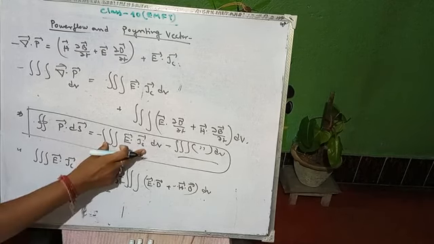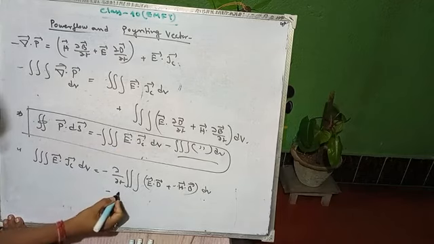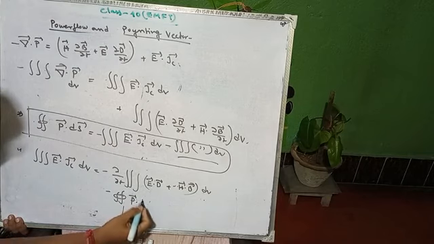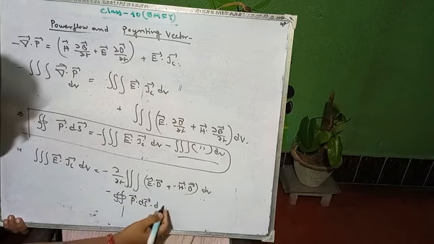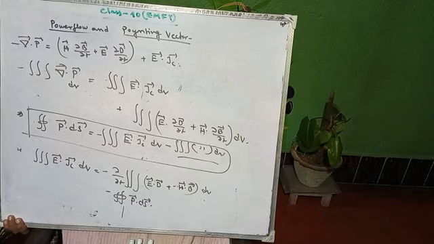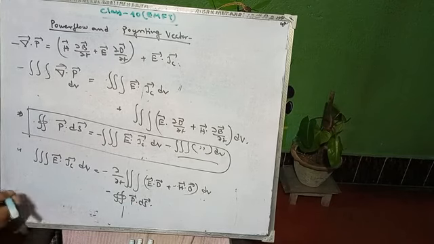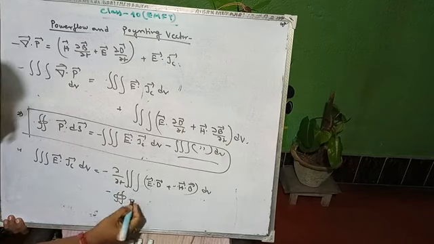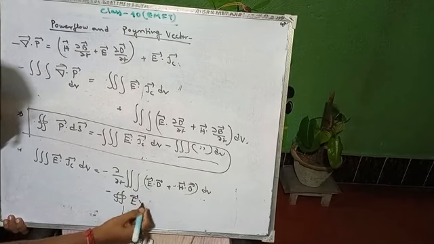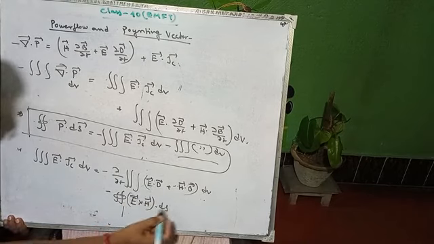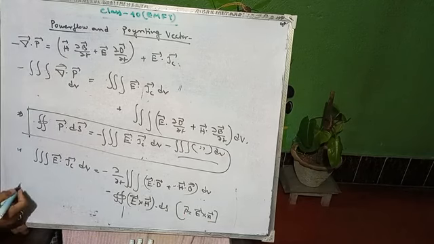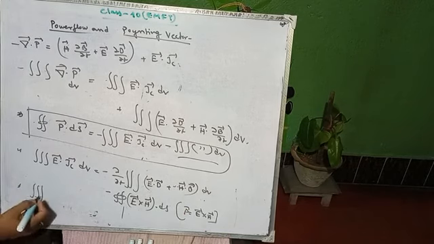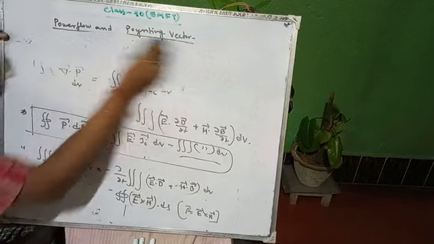Okay, and the remaining term will be negative sign of, so it will be positive, right? So it will come up to here and it will be negative. So the negative term will be here, double integration of P dot ds. Okay, actually it is ds, P dot ds. What is your P? P can be replaced by E cross H, because P vector equals E vector cross H vector.